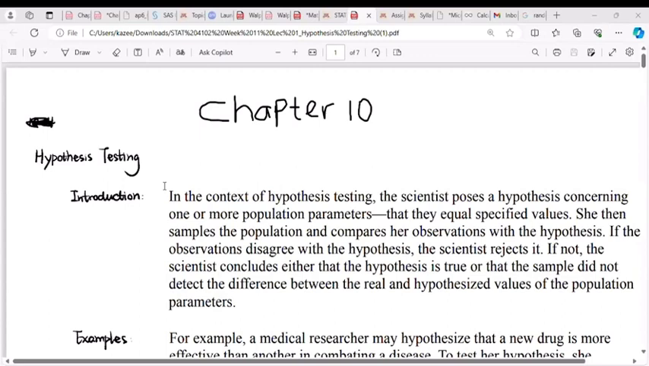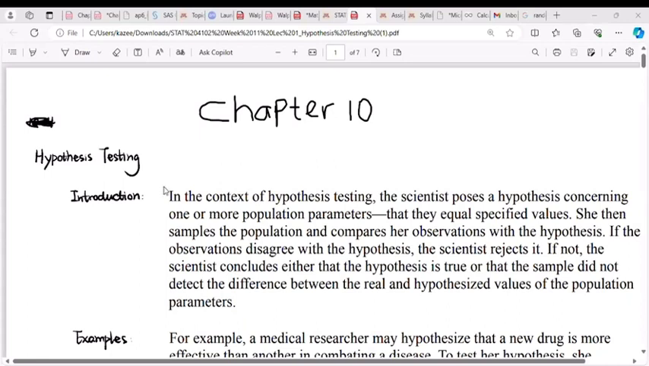Okay, and don't forget that we hypothesize that the value of a parameter is going to be a particular value. I told you the other time that our mind can never be empty. We have something in mind. And at the end of the day, we will have to go to a population of interest, take a sample,